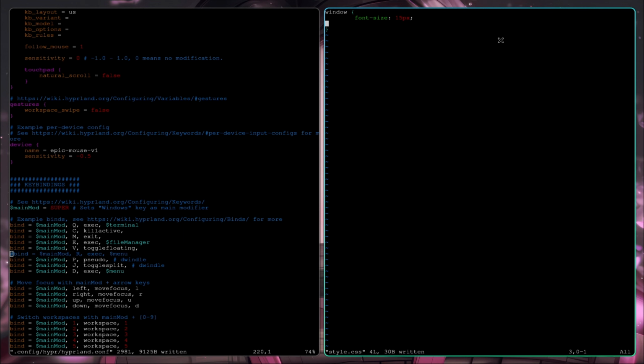Now I'm gonna use the theme font that we already installed. So font-family: JetBrains Mono, and let's change the background color. So background-color